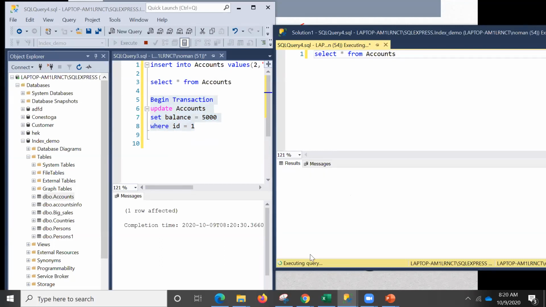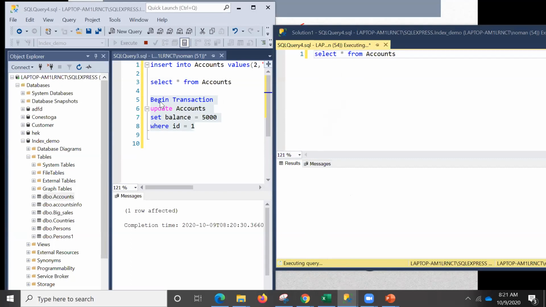Now do you see that this query is not giving me the result? Anyone, why it's not giving me the result? It's executing. If you are able to see, it's not giving me any result. Anyone would like to tell me why it is not producing a result and it's not giving me select star from accounts? The concept: there is a transaction, there's another transaction going on. Alex, thank you. And Nathan, right now there is one transaction going on over here, and it is not allowing me to execute this transaction.